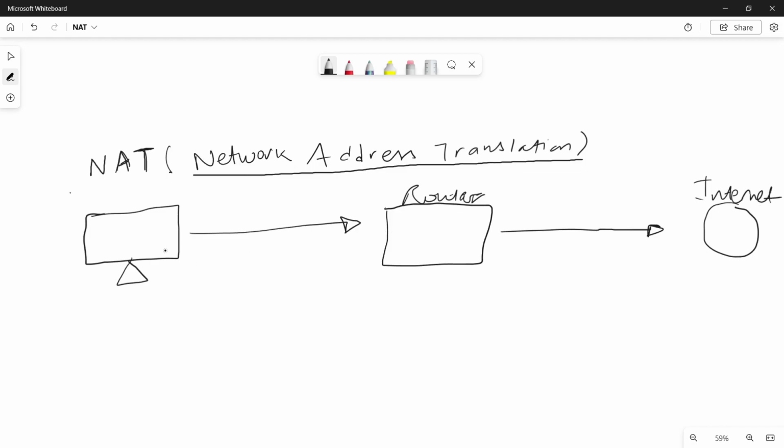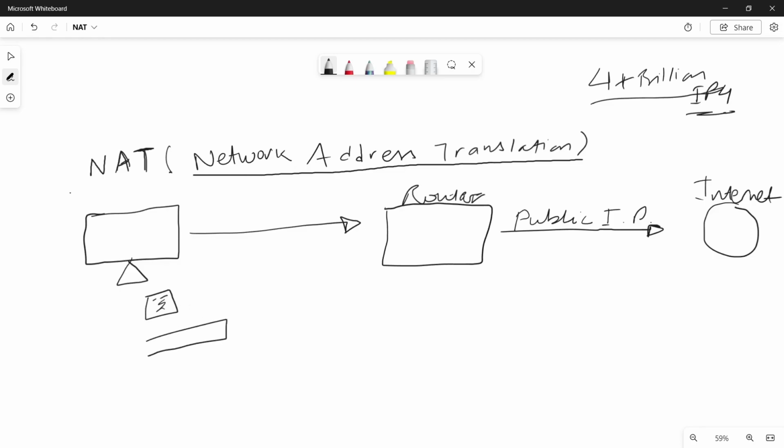So for reaching from here to here, we need a public IP address, right? So for accessing the public internet, we need public IP addresses, but public IP addresses are limited, right? We have 4 billion plus IP addresses, that is IPv4. So we have only this many IP addresses, and we have many more devices, like computers, phones, servers, right? So to solve this problem of IP addresses, what we do, we